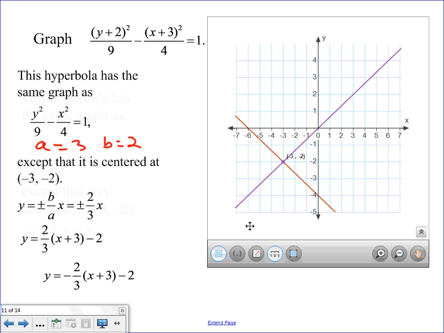Okay, so I want to go up 3. I know it opens up and down, so I want to go up 3, so I go up 1, 2, 3. I went up from -2 to +1. Okay, that's where my vertex is going to be. I'm going to go down 3,